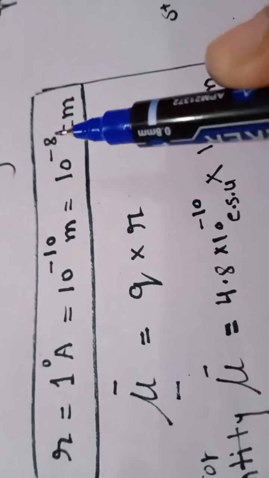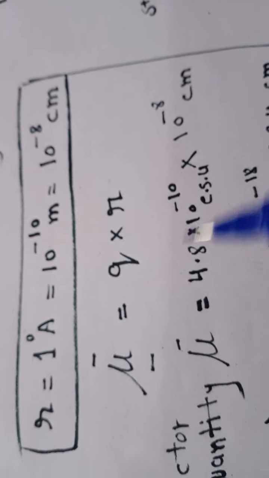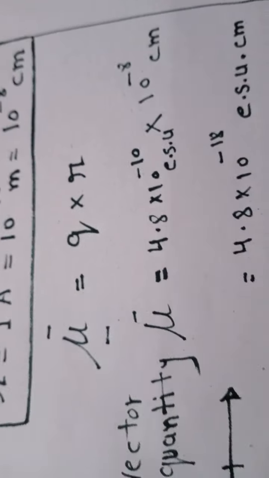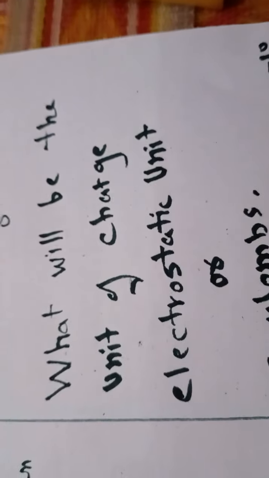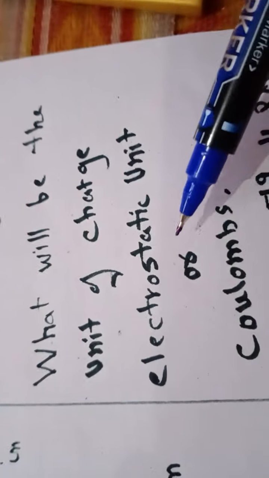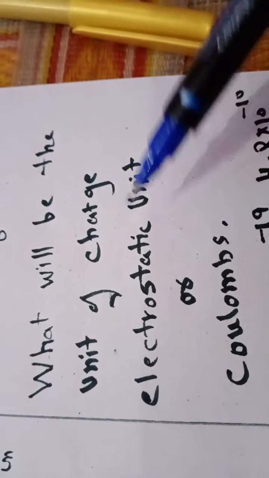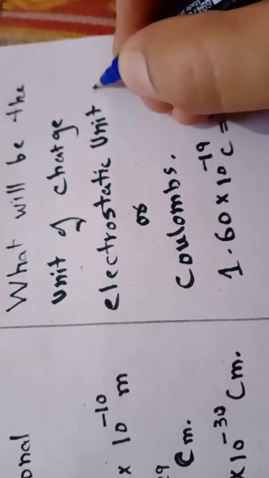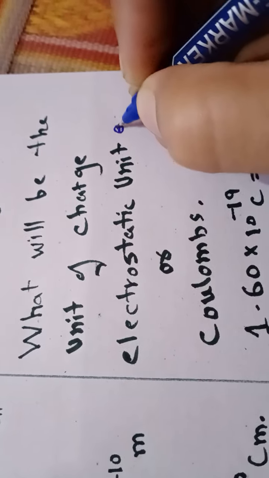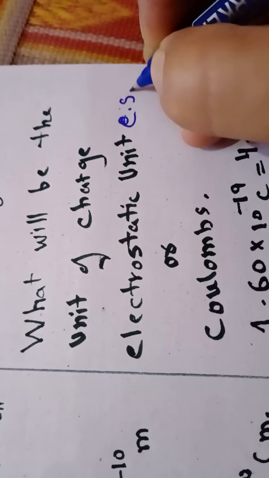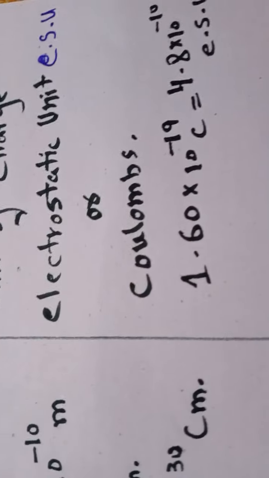We are having the value of R. Now what is the value of Q? Q is the charge. And what will be the unit of charge? There are two units of charge. It could be electrostatic unit, which you can write as ESU, or the other unit you are very familiar with,